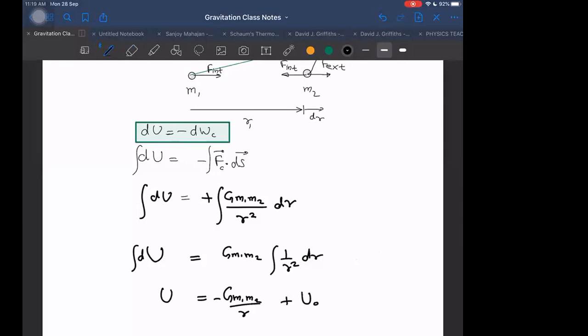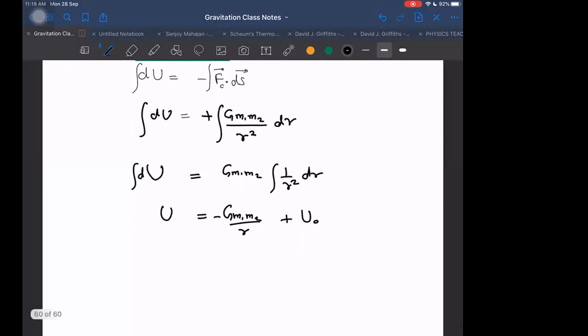I can write the integration constant as c, but U naught signifies that it is also potential energy. So let us write it as U naught, some reference potential energy. I can tell where the reference potential energy will be: when r is infinity, U becomes equal to the reference potential U naught. Because it is my choice, I can take any constant, so the easiest constant I will take is 0. Let U naught be 0.